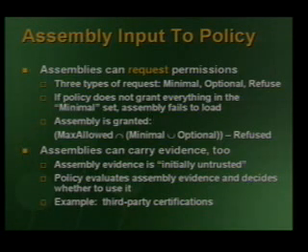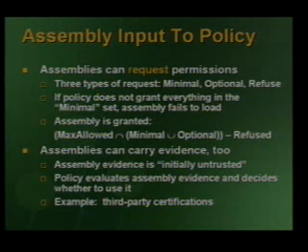The final set is called the refuse set. And this is the ability for an assembly to say, under no circumstances do I want to receive a particular right. And this is basically based on the principle of least privilege. If I know that I, in my assembly, am never going to do file access, then I never want to get file access. I never want to be granted that right, because I don't want to be repurposed accidentally. If there is a bug in my software that would allow some piece of malicious code to repurpose me and my rights to do something on its behalf,